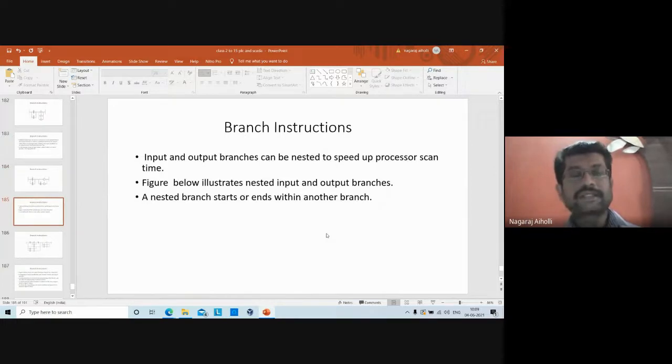There can be certain conditions in which the branching can be one inside another, like how we are using nested if-else statements. If condition is true, then do this. Else if this is the condition, do this. Else if, third branch, else if this condition is true, do this. Like that.